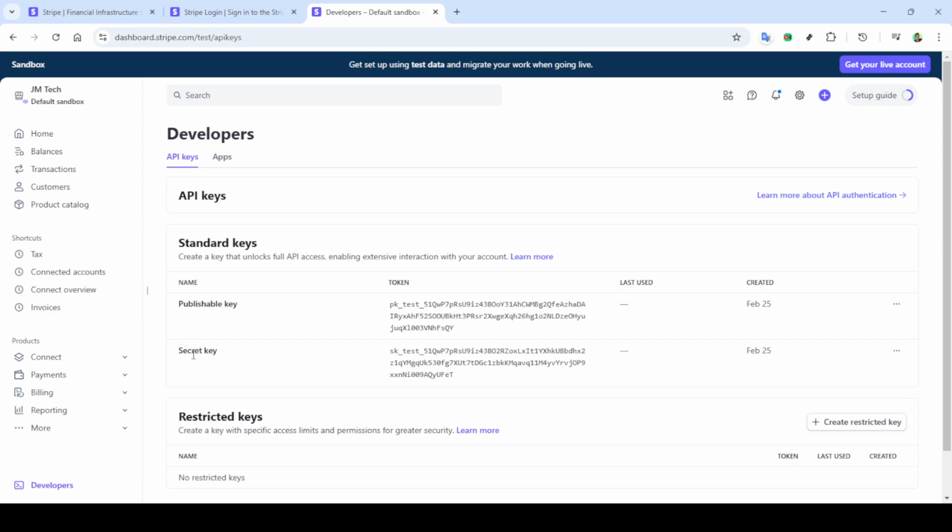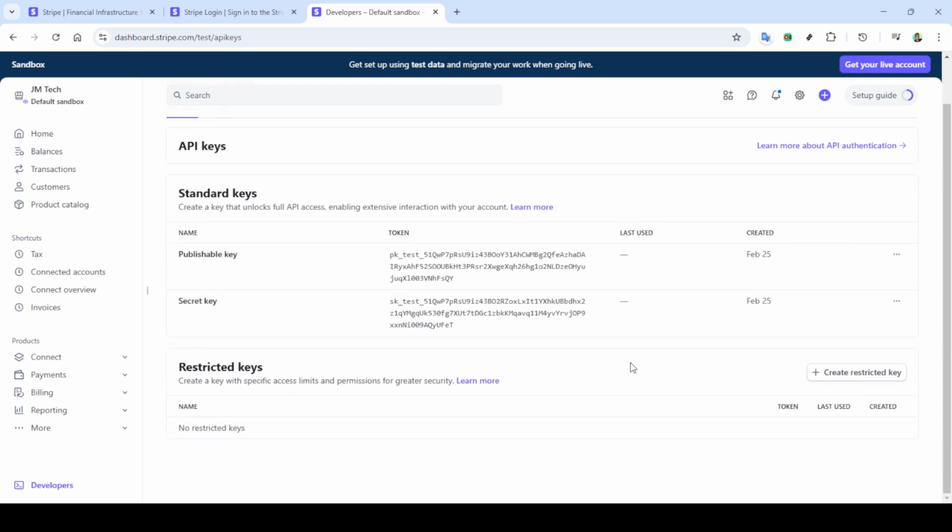Remember, Stripe's documentation is a fantastic resource if you have further questions about integrating these keys into your specific setup. And that's it, you've successfully activated your Stripe account and retrieved your API keys. This process will enable your business to conduct transactions smoothly and